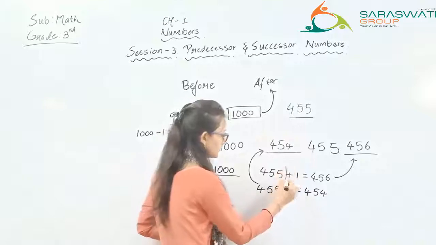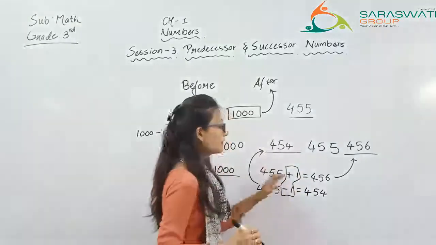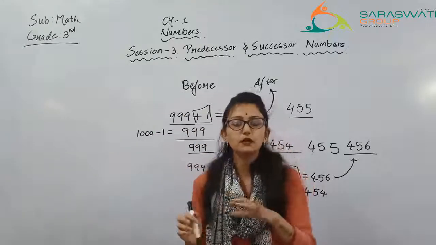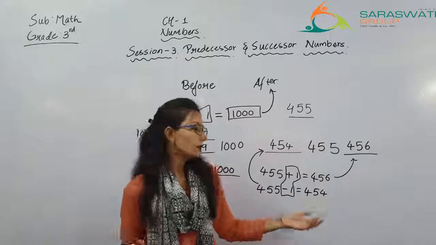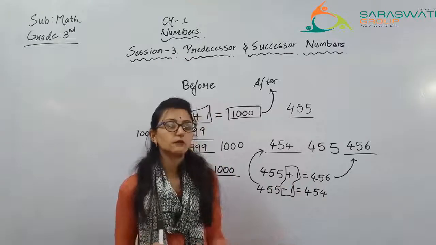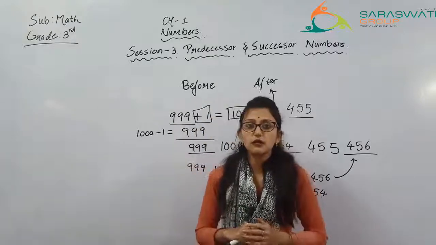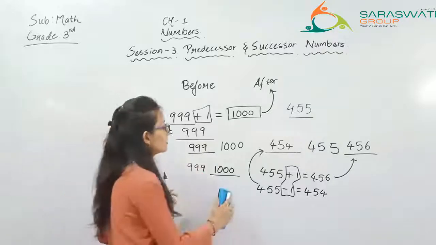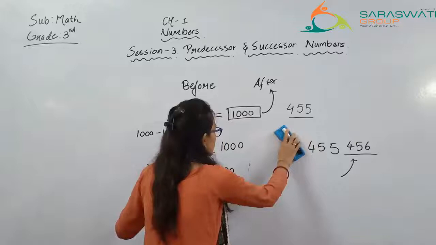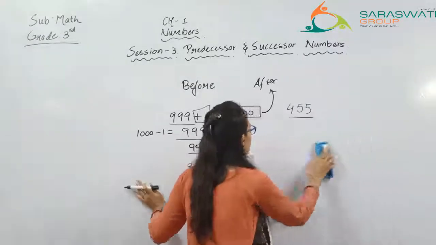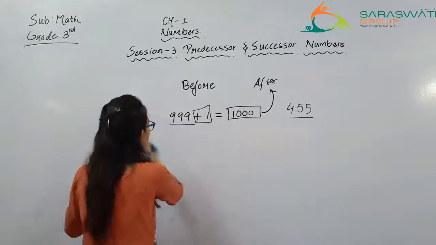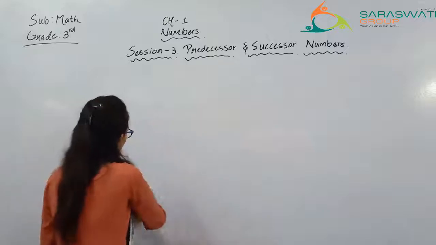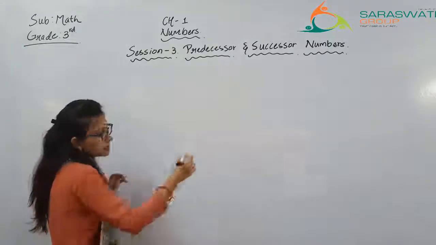So this is the key point for you to understand: if you want the after number, then you will add 1, you will plus 1, and if you want the before number, then you will do minus 1. Okay? Did you get it, students? If you got it and are able to understand, we will jump directly to the exercise. Exercise number 1.3. Let us study exercise number 1.3 in this session, and I will help you to solve this exercise.